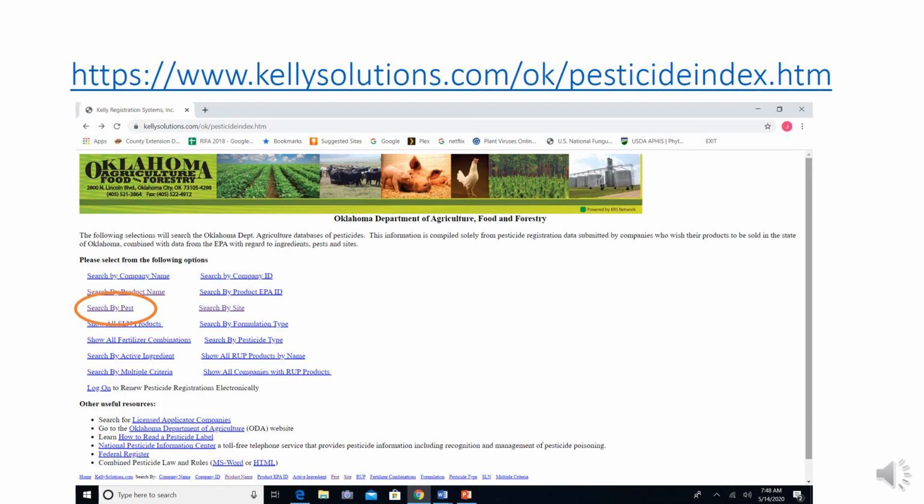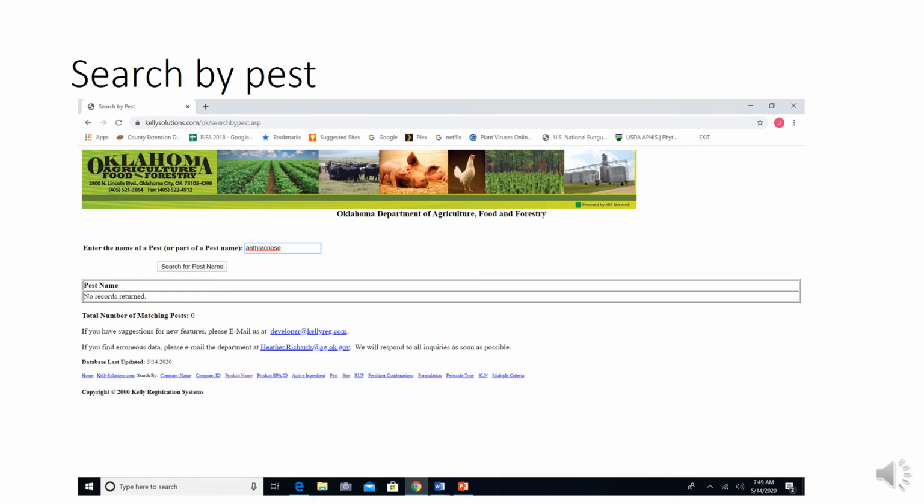Whenever we are trying to figure out what products are labeled for use, one great resource that we have is this website, kellysolutions.com/OK/pesticide index, where you can actually search to see if certain pesticides are registered for use in your state. So I'm just going to show some screenshots. First, I searched by pest, and so I typed in the word anthracnose, got to make sure you spell it right, and searched for